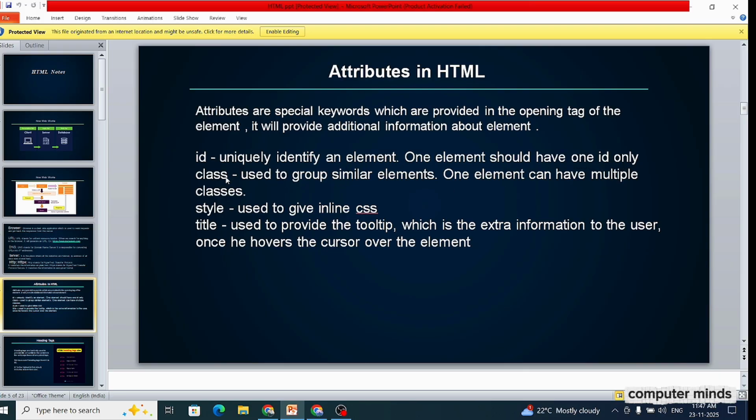Class is used to group similar elements, and an element can have multiple classes. Style is used to give inline CSS. Title is used to provide a tooltip, which is extra information shown to the user when they hover the cursor over the element. Let's go to the VS Code editor and see how it works.